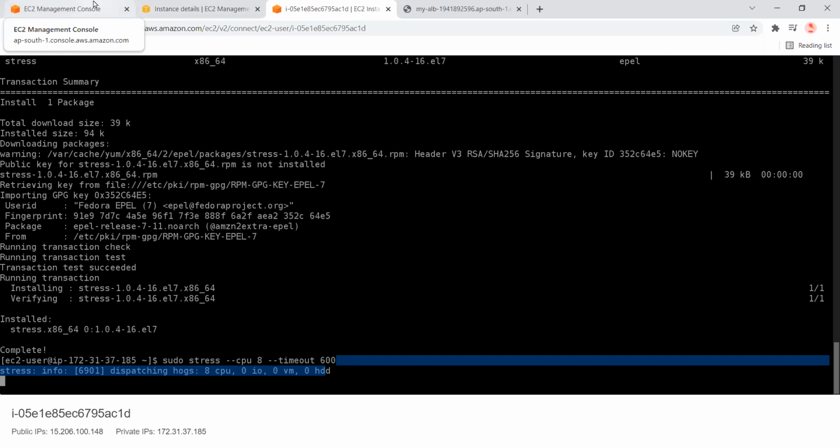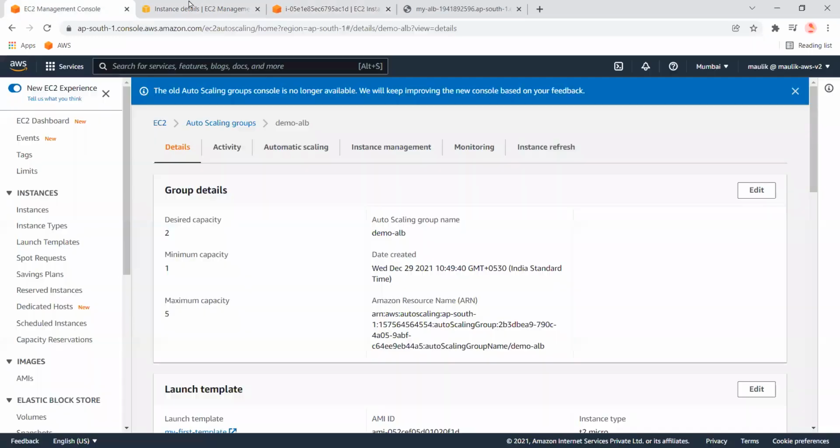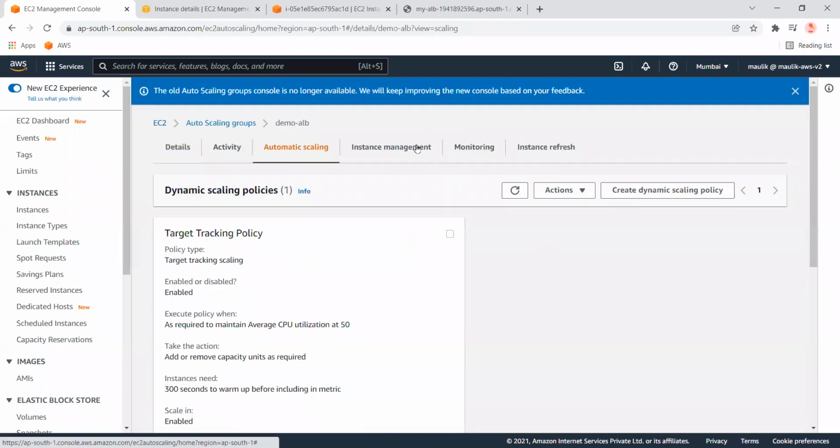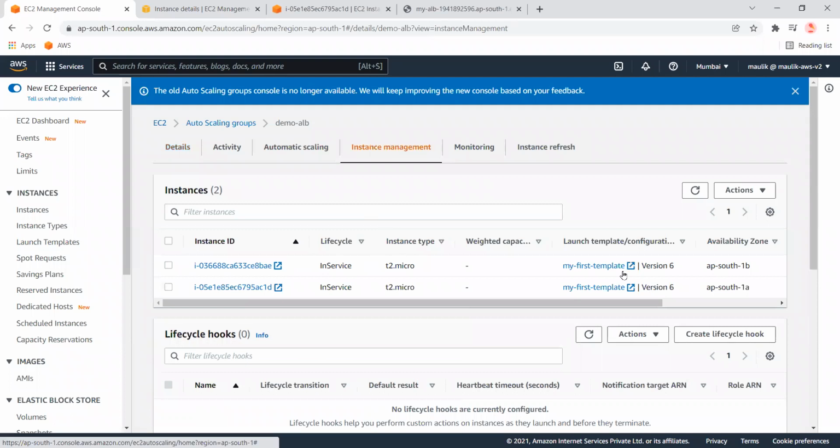At that time the scaling policy will run, meaning it will start decreasing the instances because the CPU utilization will be normal. So let's wait for that time. Until then it will keep increasing the instances. I'll show you after some time again. A new instance will be created again as long as the CPU utilization is higher than 50%.